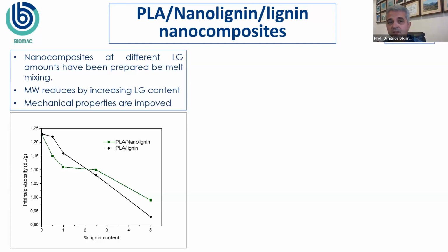This was proved in the BIOMAC project in collaboration with Creative Nano, producing some bio-based PLA lignin and nano-lignin nanocomposites. We can see here that during melt extrusion, the molecular weight of PLA was substantially reduced by increasing the lignin and nano-lignin content in both cases. This is because lignin has some primary and secondary hydroxyl groups that could interact with the ester groups of PLA, reducing its molecular weight, or from the remaining moisture inside the lignin and nano-lignin, some hydrolyzed